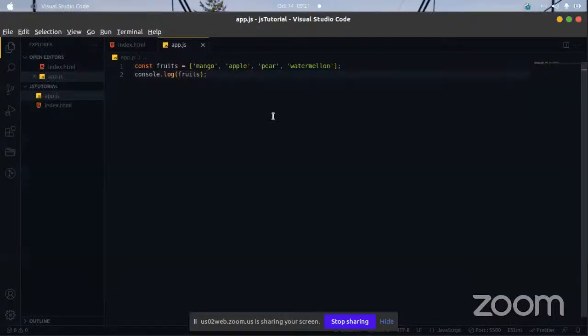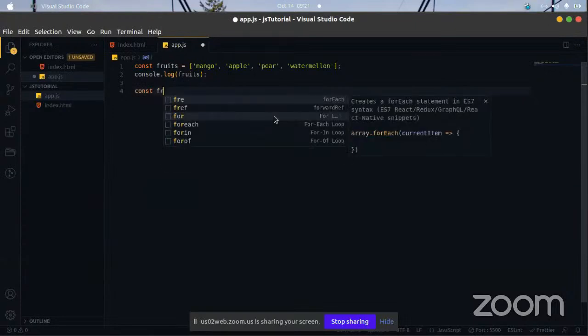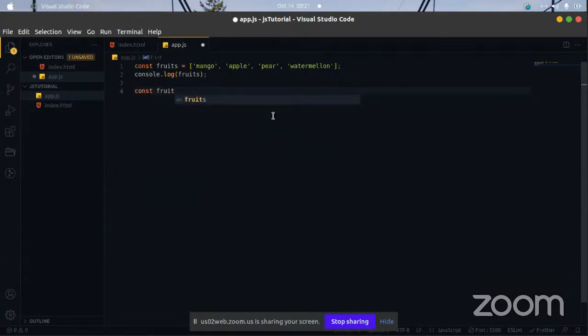Now, let's say we wanted to make a copy of fruits. Let's create another array. We'll call this const fruitsCopy.